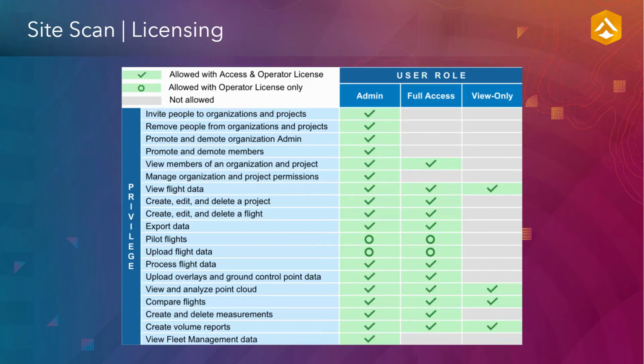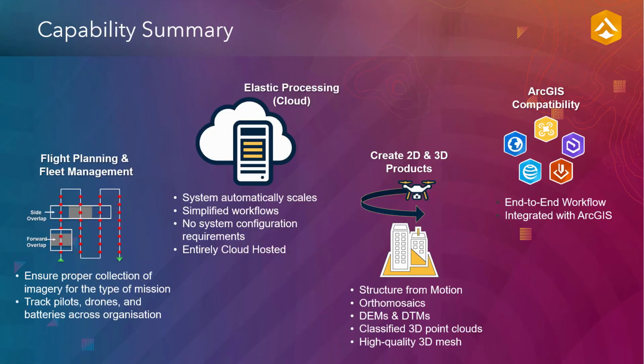Here's a matrix of all those permissions, and you can see principally the operator license is the only one who's allowed to do the flights and upload data. The administrator and different levels are in there as well. So covering off on this,